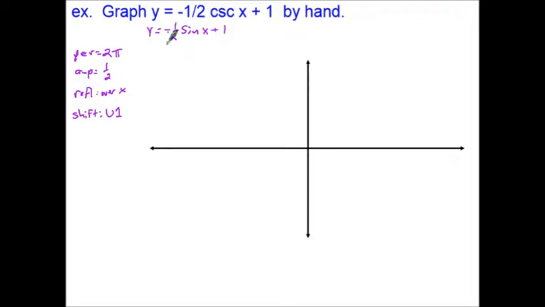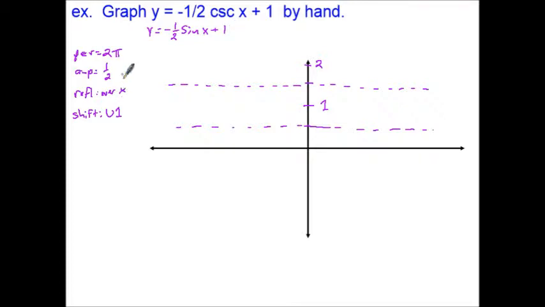Now again, with a shift up 1 and an amplitude of 1/2, I want to make my 1 relatively high here. And I'll put a 2 up here, and those 2 other tick marks will be the +1/2 and -1/2. So maybe here are my horizontal lines. Hopefully I left enough room to make this look reasonable, because remember, I have to go above and below my graph to actually do the cosecant that I'm looking for as the final answer. Okay, I've got the shift up 1 taken care of,